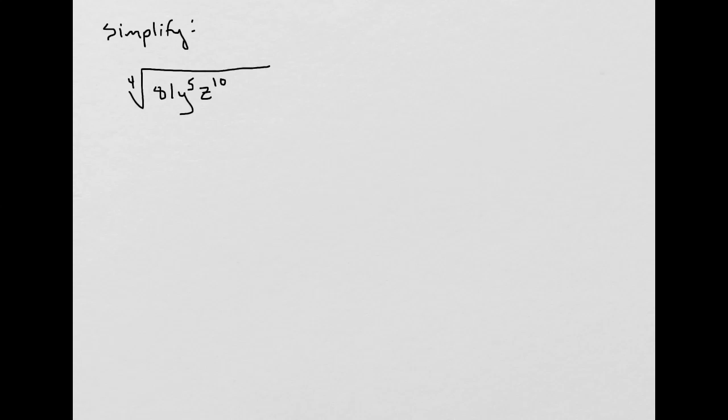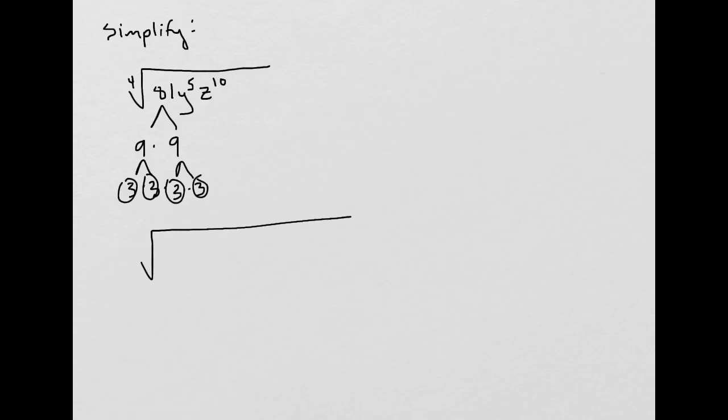Okay, so our first step is we want to factor the radicand. So 81 factors into 9 times 9, and then each of those 9's factors into 3 times 3. Can't go any further than that. So our radical becomes, we've got the 4th root of 3 times 3 times 3 times 3, and then I just write these out,